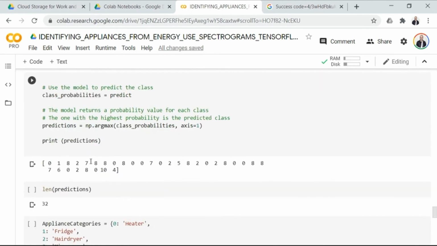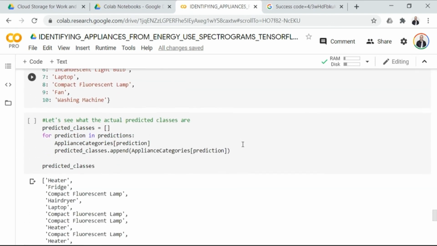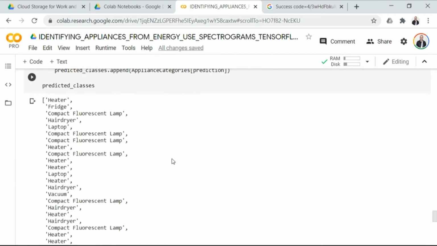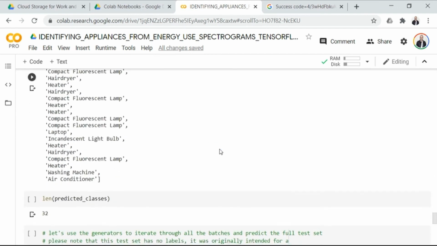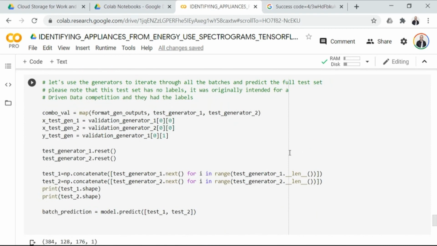And that's a batch of predictions, just like we did before. Then we're going to get the category names and see what the categories were for that batch. And since we're playing with generators, and like I said, they're so much fun, let's go ahead and use the fact that they're generators to get the full testing predictions. So we go ahead and generate the batch generator, reset it,